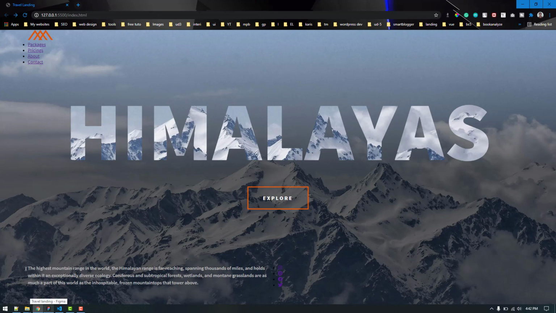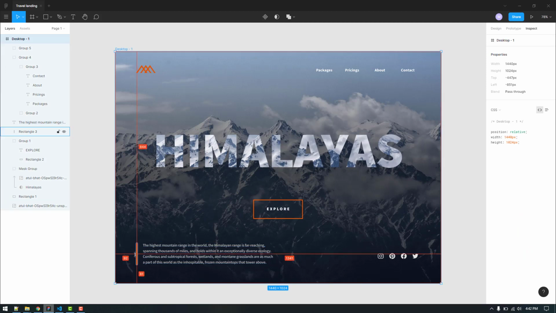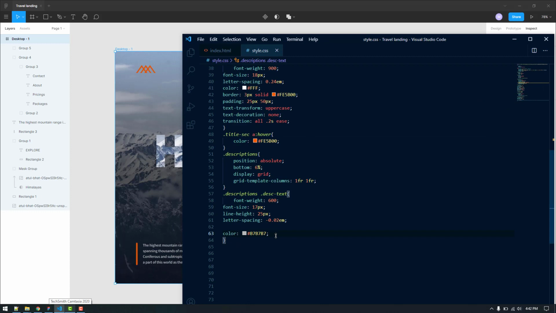Okay, here we are. Now, for this line at the left side, we can do it in two ways. We can either create a pseudo element like before or after, or we can just simply add a border to the left side of this text. So let's keep this simple and add a border to the left. So let's do that.